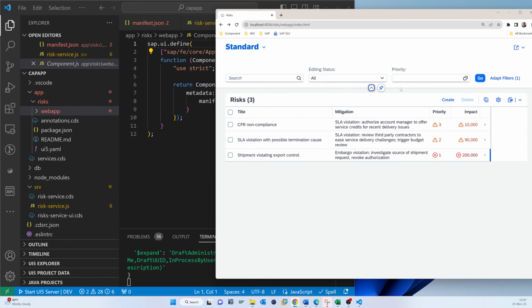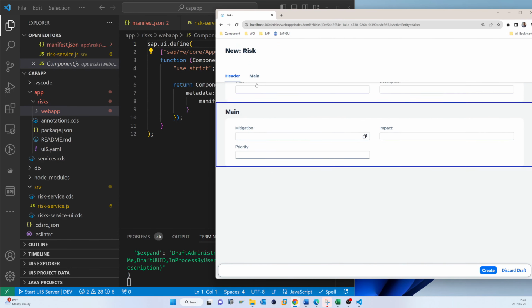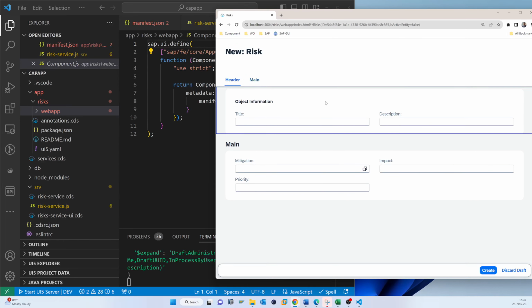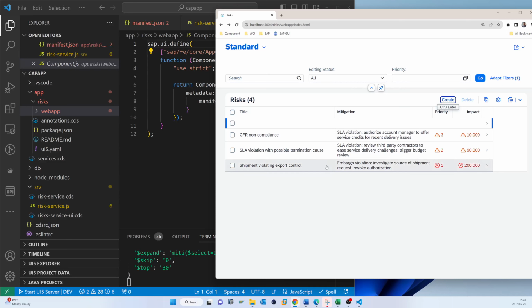The controls, the create, edit, this main page, everything is common based on the Fiori elements. We didn't code for that, but let's start with the Freestyle, so that you can understand